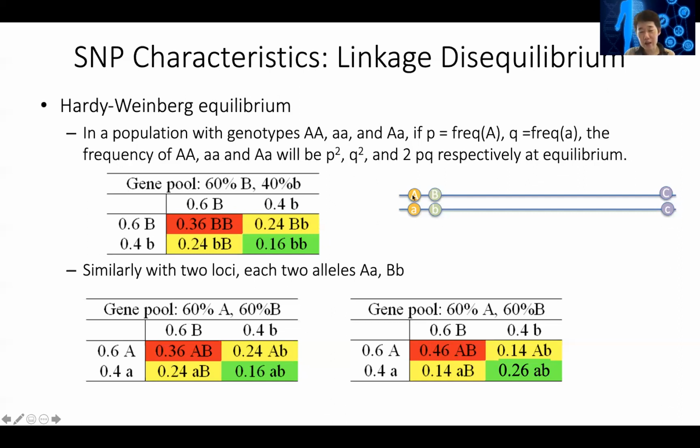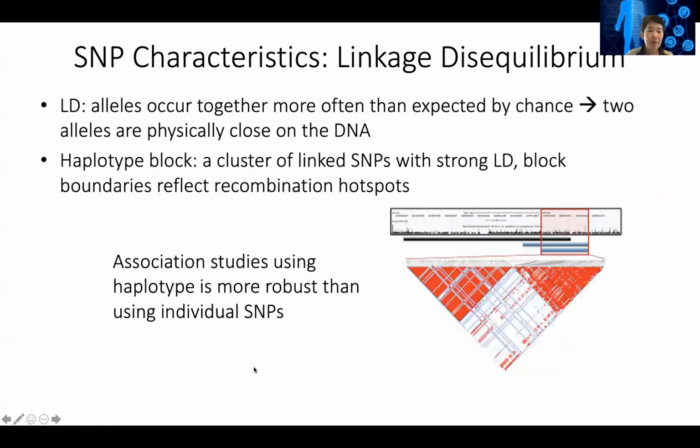The reason for that is because these two are nearby on the same chromosome, and so during recombination they always go together. Whereas something that's on a different chromosome or really far away on the same chromosome, you probably will get more of this equilibrium kind of behavior. And so linkage disequilibrium means alleles occurring together more often than expected, meaning that they are physically close to the